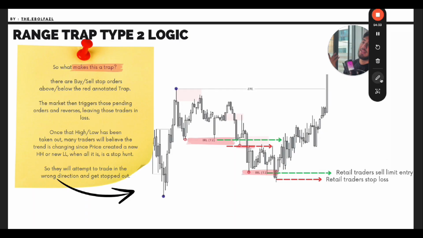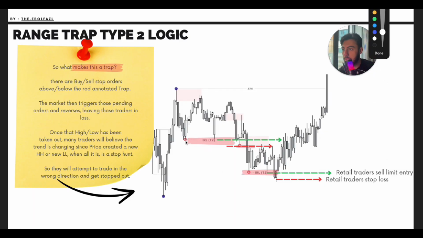In simple language, let's say this is internal liquidity. Because of this bullish reaction, they are looking to buy here, they are looking to buy here, they are looking in the wrong direction. But how are you going to understand? Don't think about where the retail traders are going to buy or sell. Think about what you are going to do. What are you going to do if you see this low here?